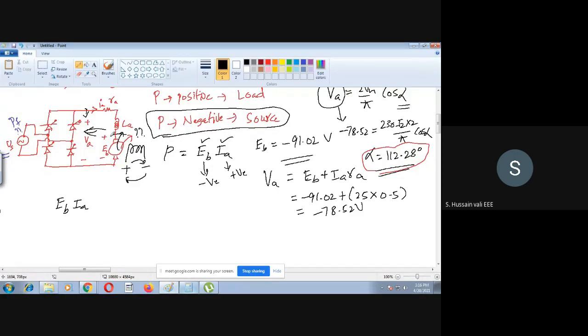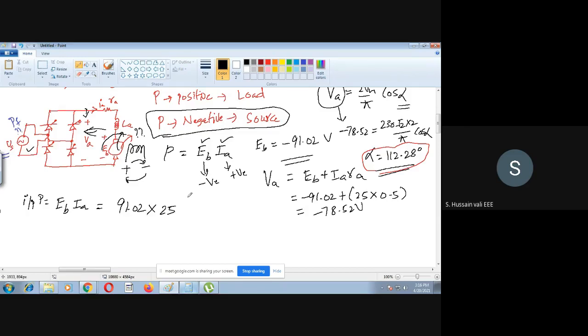So first we'll find out the power here. Then from that power we'll subtract some losses if there are any losses here. Then the power generated minus losses will be the power going to the converter, or it is going indirectly to the supply. So first power we will find out, input power. Input power is equal to EB into IA, because here is the input power now. EB value is how much here? 91.02. So into, now we will take only the magnitude.